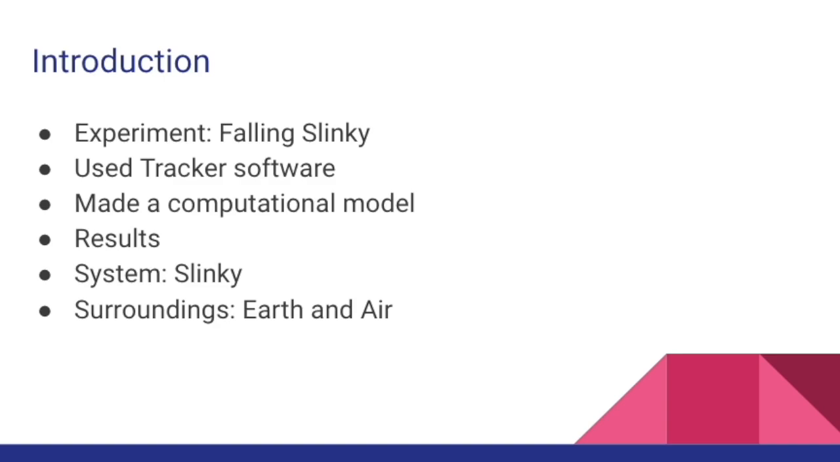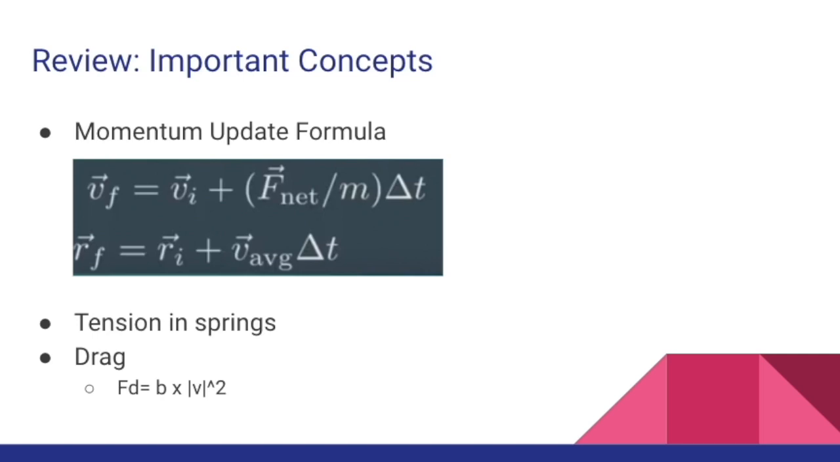So in this experiment, the system was the slinky, and the surroundings would be the Earth and the air. A few important physics concepts for this lab. The most important one was the momentum update formula and the position update formula, which were used to track and iterate the velocity and the position of the slinky. Another important one was tension and the spring force, where we can assume the internal spring force of the slinky can be thought of as a tension force acting on the bottom of the slinky. And finally, we have the drag force